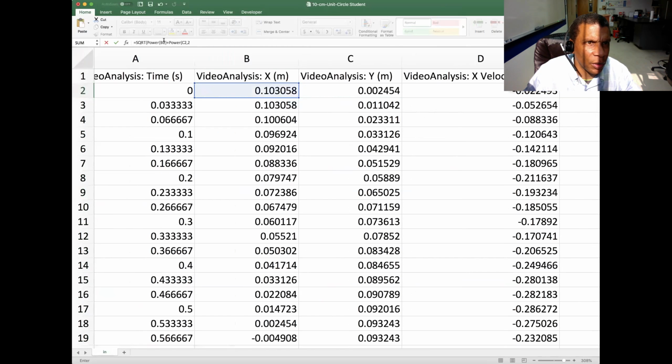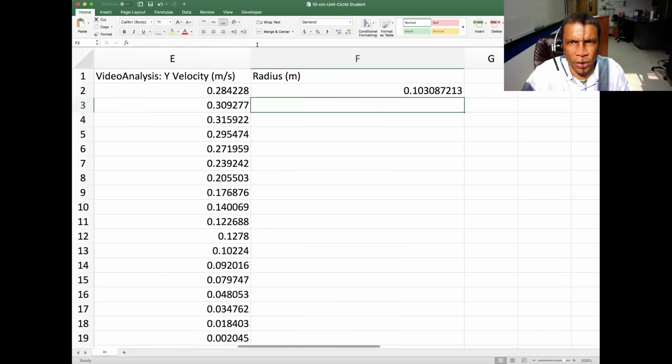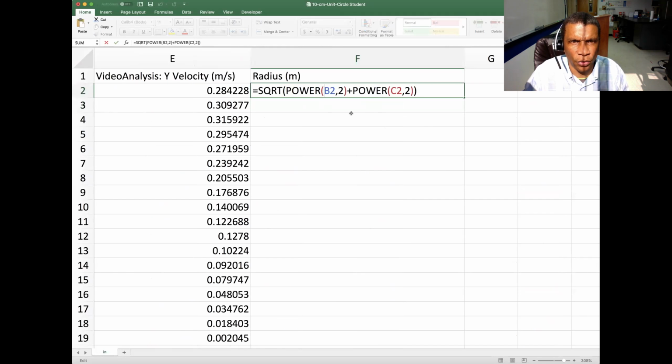Oops, I'm missing something. I needed to put a 2 here. And then I just close my parentheses. And you'll see that this formula is just like this. Okay, so what I want to do right now is I'm going to go